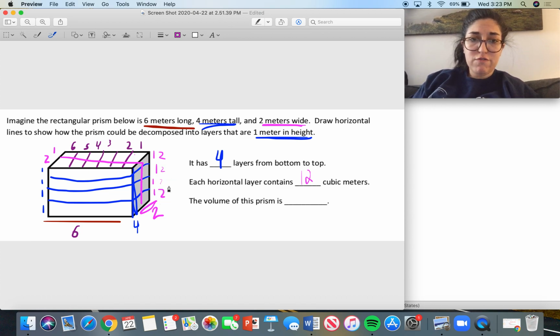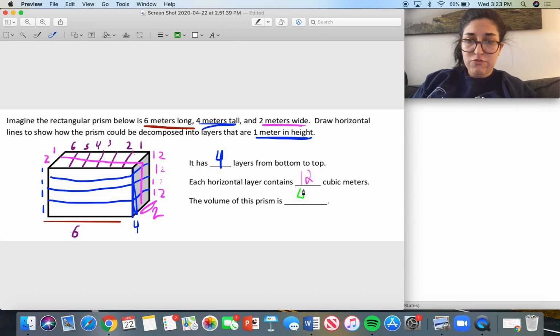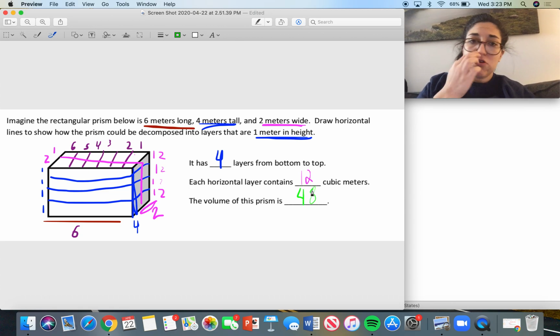So 12 plus 12 plus 12 plus 12, or 12 times 4. How many cubic meters is it? What's the volume? 48. So what you should be able to see by now, what I hope you can see, is that